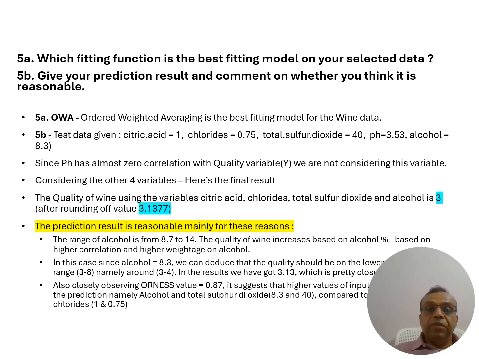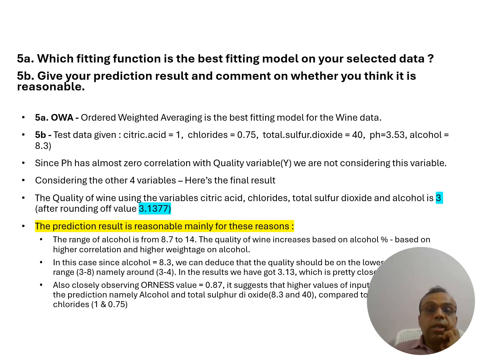I'm convinced with this prediction because if I looked at the scatter plots, the range of the scatter plots on the x-axis for alcohol is from 8.7 to 14. So if you looked at that graph, I can infer that lower alcohol percentage leads to lower quality, whereas higher alcohol percentage will lead to higher quality. So in this case, I got answer as 3, and in this case, you also observe